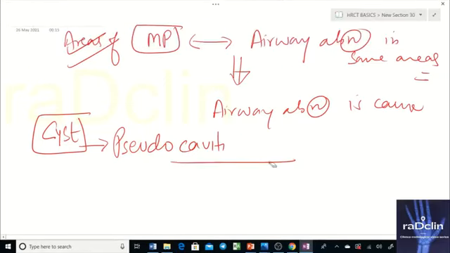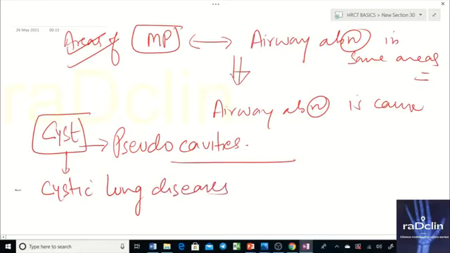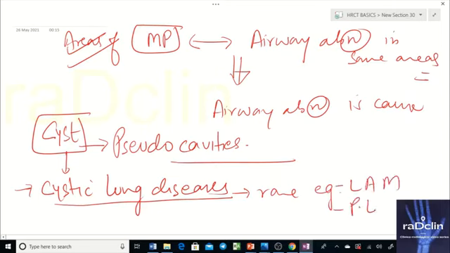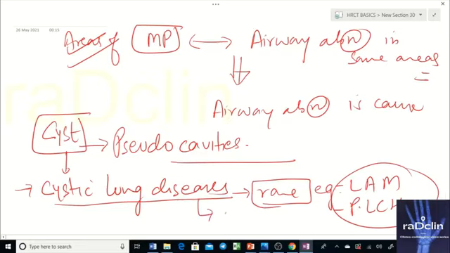See, cysts can be formed by cystic lung diseases. These cystic lung diseases are rare, although. For example, you have LAM, lymphangioleiomyomatosis, and pulmonary Langerhans cell histiocytosis. These are two common cystic lung diseases. They are rare diseases, and in these diseases, primarily we have multiple cysts in the lung. So the primary pathology is simply cyst. But you can also see cysts